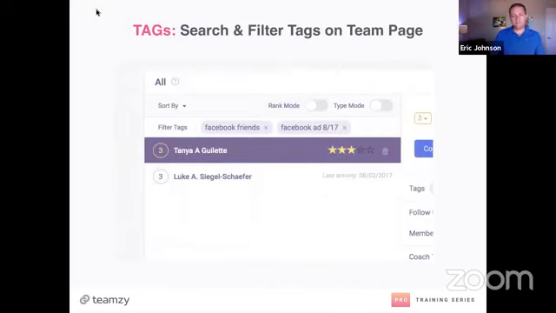Also, the team page is where you search and filter tags. When you get to a point where you have lots of tags and you don't just see it on the list, you put in where it says filter tags the tag you want. And every time you add another tag, it will cross-reference and filter between both of those tags. With me? All right, I know this is pretty simple stuff. There's one more little piece you need to know about tags, and then we're going to get right into training you on some of the cool things we can do with them.